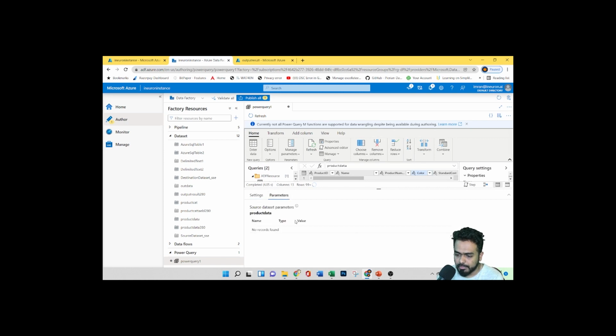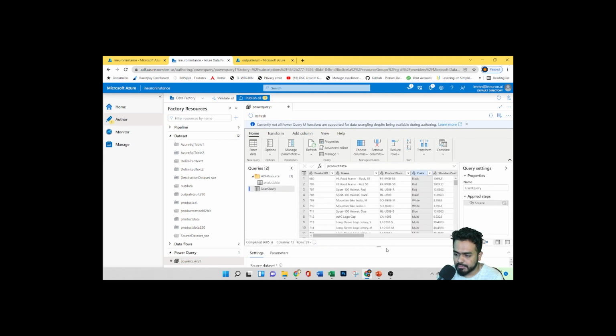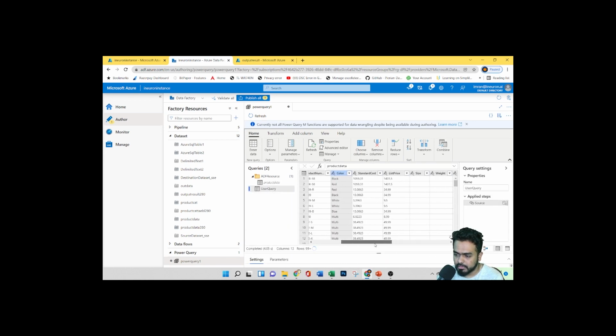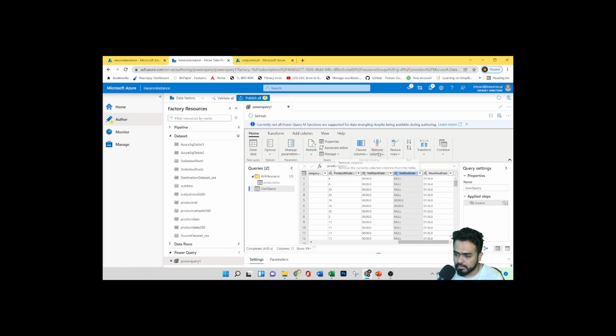under the parameters, these are all the parameters you have given. You can try to view this. If I select cell and remove column, as soon as I click on this remove column, you can see all the